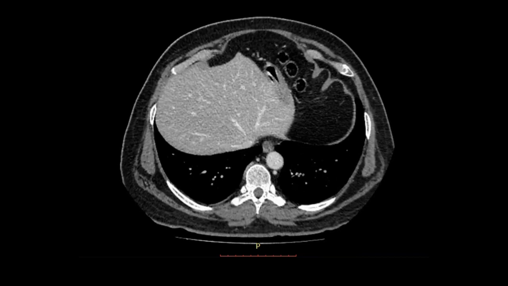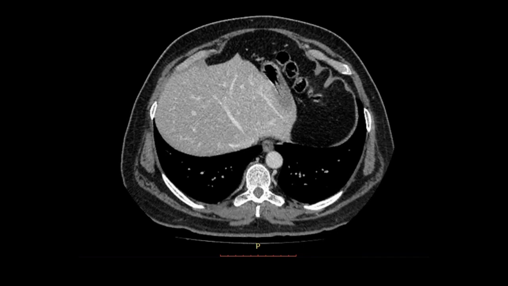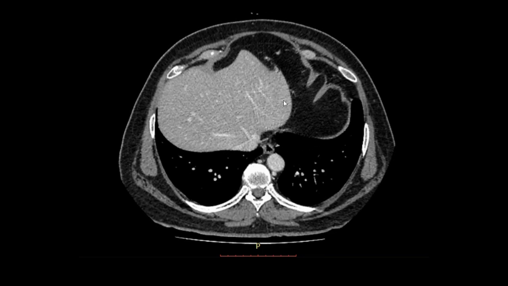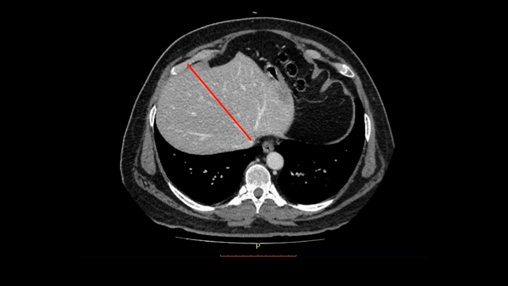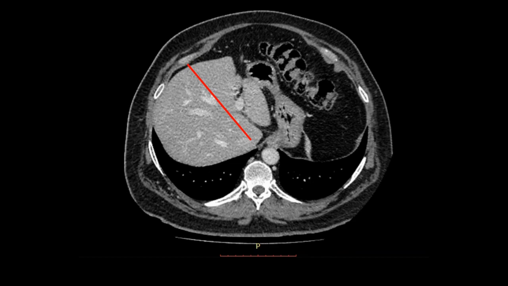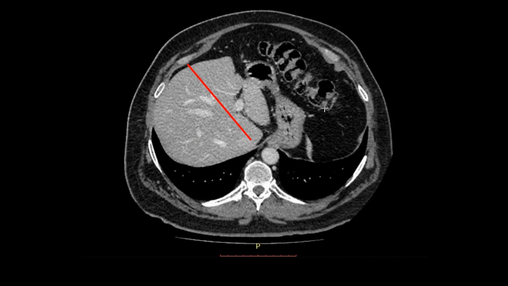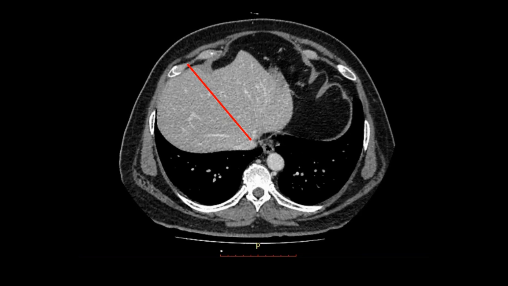Okay, so as we have already discussed, the middle hepatic vein helps you to divide the liver into right lobe and left lobe. So the first structure that you see in this console is the middle hepatic vein. What we do is we draw an imaginary line along the middle hepatic vein, and this divides your liver. If you see, the middle vein is following this line till it branches into segment 4 and segment 5. We'll come to that in detail. So this is your right lobe and left lobe.